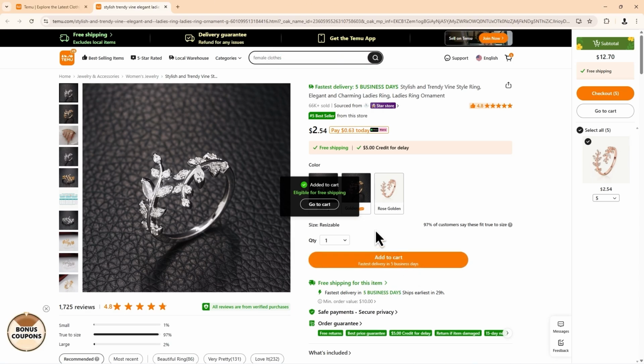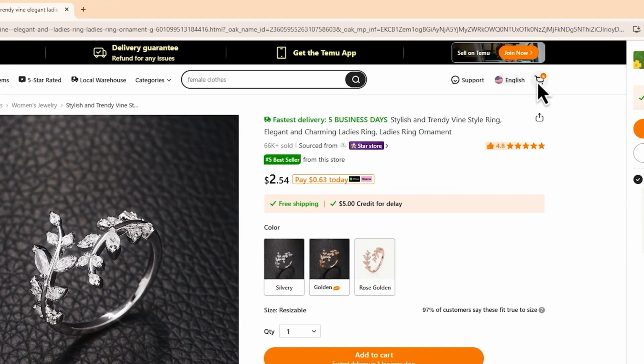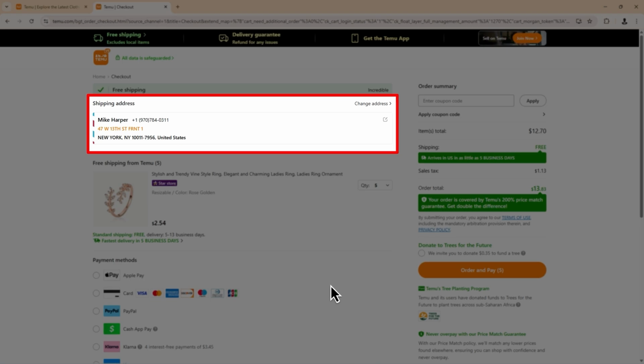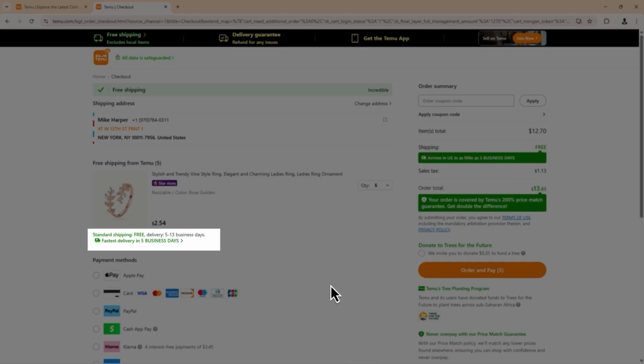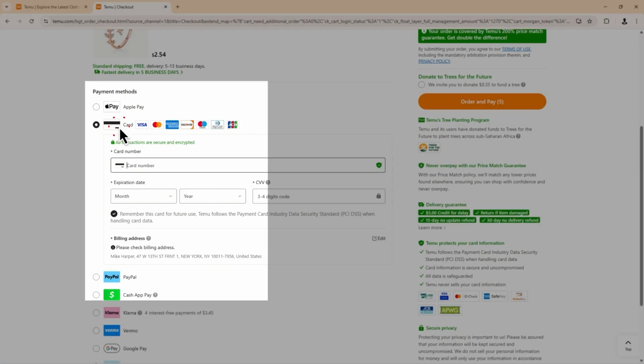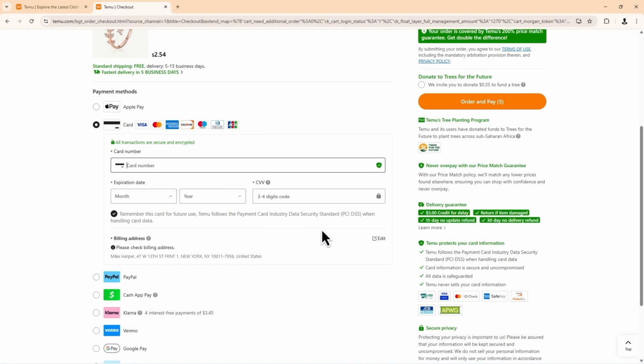When you're ready to place your order, click the cart icon at the top right corner of the page. Review your selected items and make sure everything is correct. Then click the Checkout button. On the checkout page, enter your shipping address and choose your preferred shipping method. Next, select a payment method, such as a credit or debit card or any other available option, and carefully enter